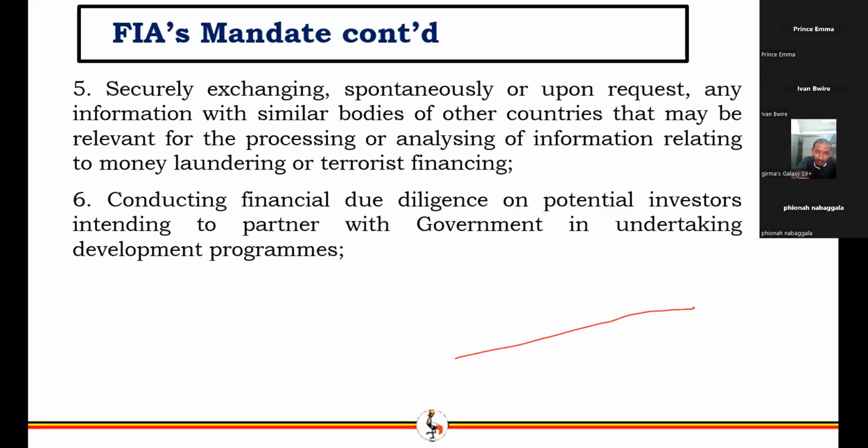So also through the fact that we receive financial intelligence information and analyze it. In the process of doing that, we exchange that information with other countries based on the requests that come from other countries. Considering that money laundering is a cross-border crime, it can happen across the globe or different countries, since proceeds are moved by the criminals from one country to another.